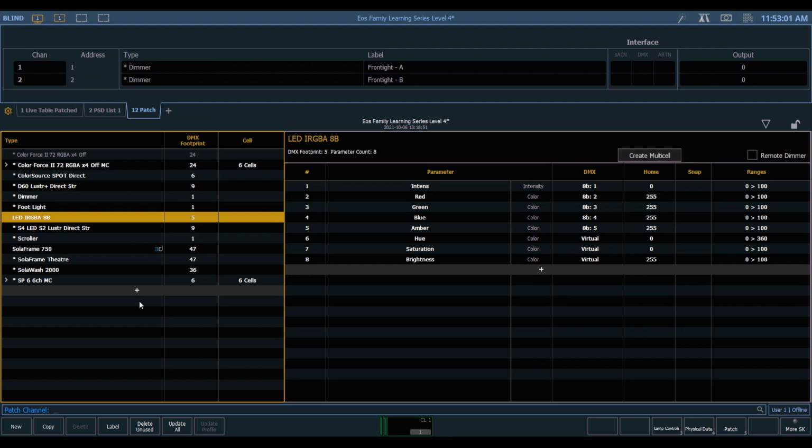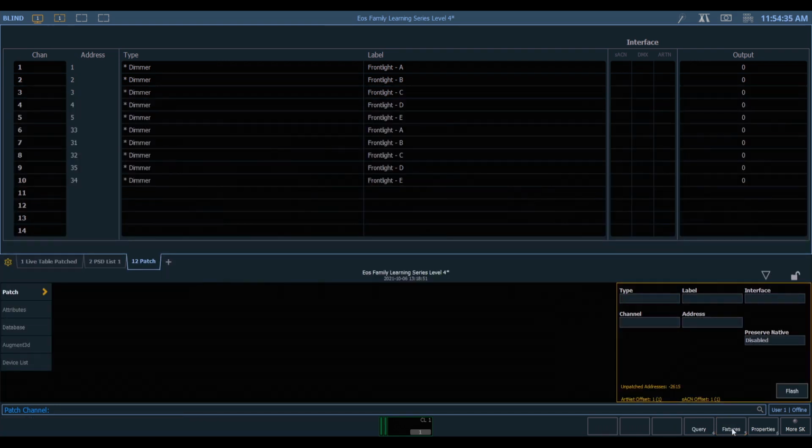When trying to create a profile for a fixture that is not in the EOS library, it's usually best to try and find a fixture that is close, perhaps by the same manufacturer or perhaps from the generic library, rather than starting from scratch. So let's look at how to do that first. I'm going to go back into Patch. I'm going to use my Patch soft key down here at the bottom, which will get me out of the editor and back into the main Patch area. And I'm going to patch a new fixture that we haven't used yet.